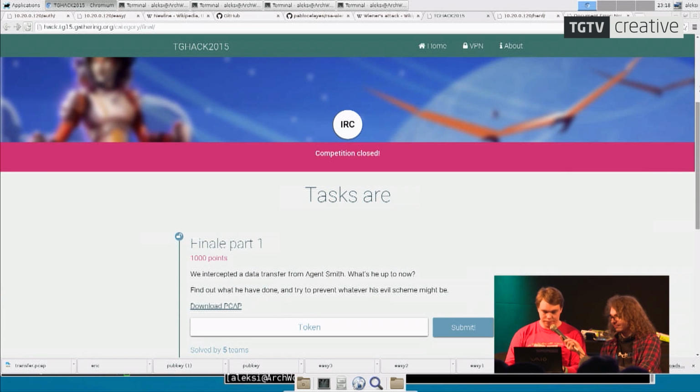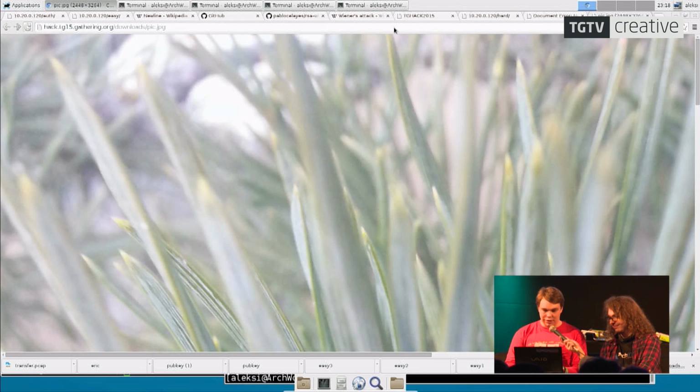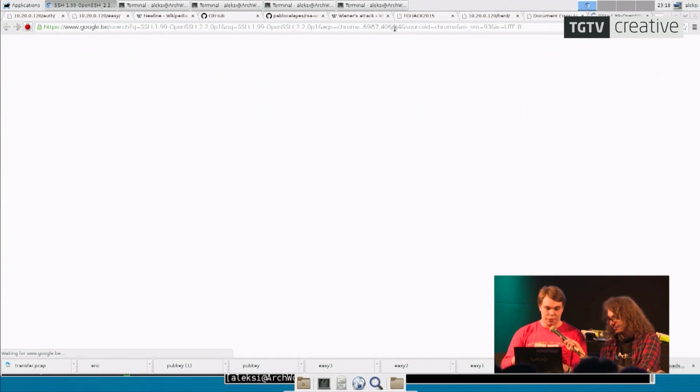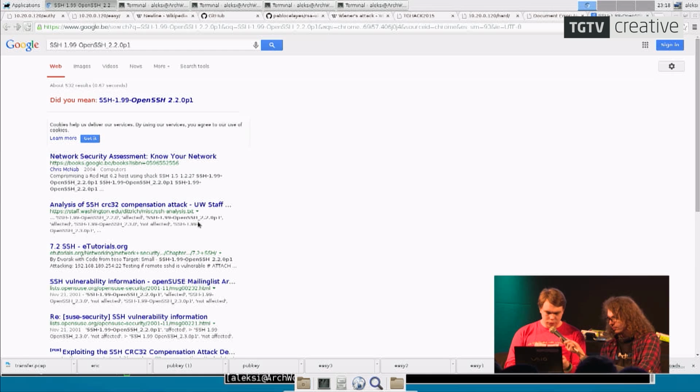It's quite extraordinary. So standard procedure is just to search for that on Google. And we see there's some kind of attack. And if you click around enough,